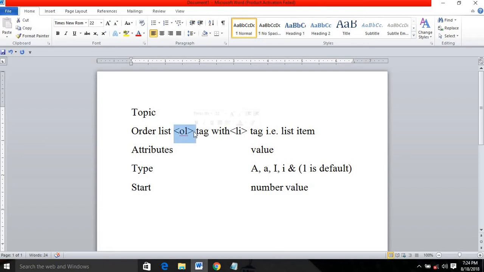The tag which we use is the OL tag, and another tag that we use is called the li tag. This li tag is used within the OL tag, and the full form of OL tag is ordered list, and the full form of li tag is list item. The attributes of ordered list are type, and the values are a, small a, Roman big, small Roman, and 1